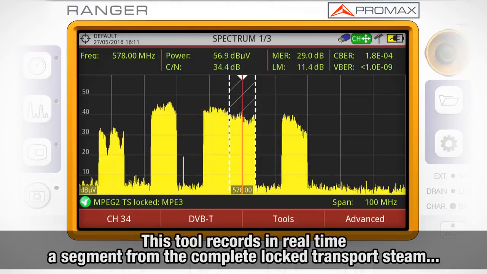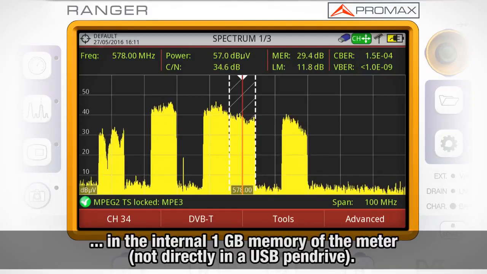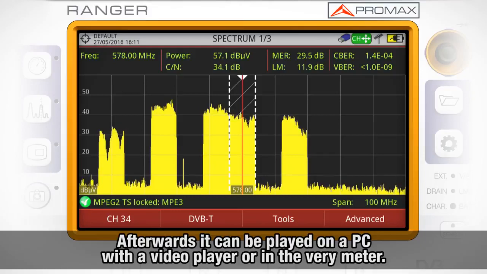This tool allows the equipment to record in real time a segment from the complete transfer string being logged by the meter. This segment can only be stored in the internal 1 GB memory of the meter, not directly in the USB pen drive. Afterwards, that recorded TS can be played on a PC with a video player or in